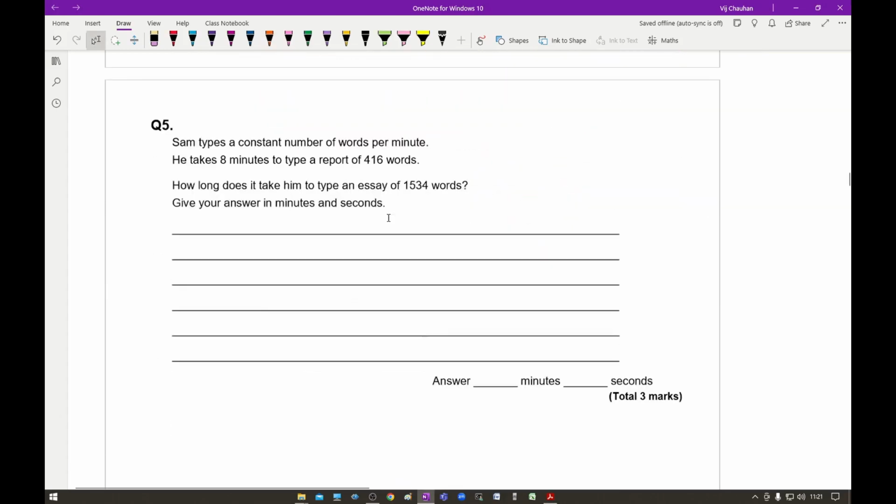Moving on to question 5, it says Sam types a constant number of words per minute. He takes 8 minutes to type a report of 416 words. How long does it take for him to type an essay of 1,534 words? Give your answer in minutes and seconds. So what I want to do first is work out what Sam's rate is per minute. If I do 416 divided by 8, that tells me he's doing 52 words